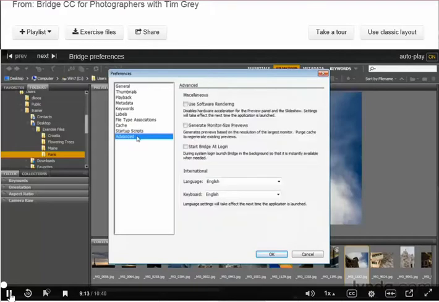And then finally, we have the advanced section, and here we have, for example, an option to use software rendering. In other words, to not use your graphics processor to generate the thumbnails and previews. This is an option that I would definitely leave turned off because turning it on will slow performance. The only time I would turn it on is if you're experiencing stability issues with Bridge. You can also choose to generate monitor-sized previews. In other words, with the previews rendered based on the largest monitor display size. Note that if you choose to utilize this option, then you'll need to purge the cache in order to regenerate